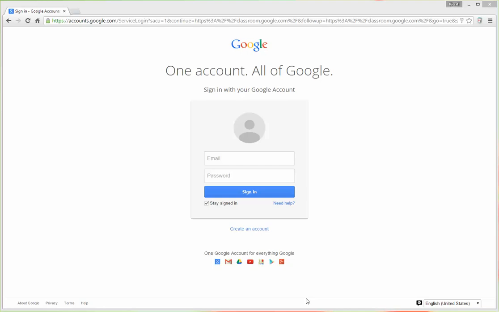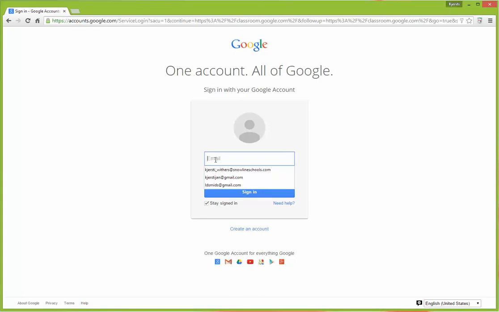One of the necessary procedures in 7th grade language arts will be using Google Classroom, and then you'll also need to know how to format a document in Google Docs. So I'm going to show you how to get into Google Classroom and then how to create a document from there and get started. So we're going to put in our email, which is